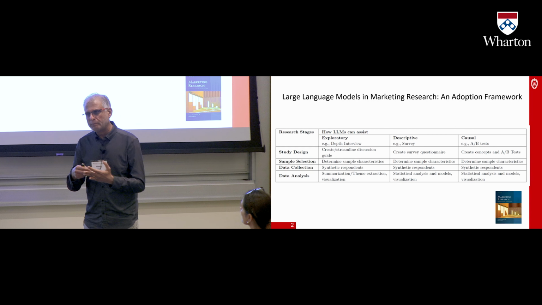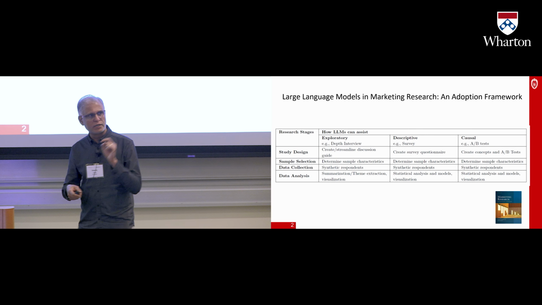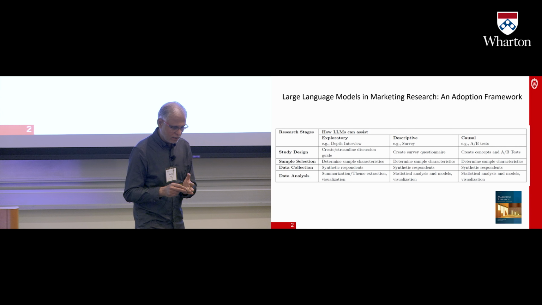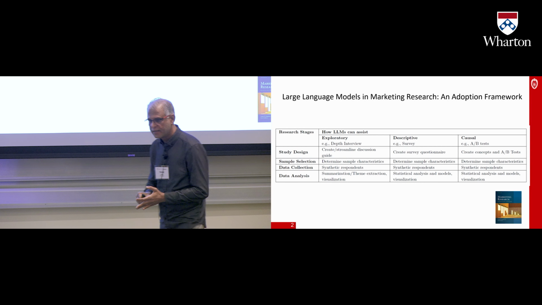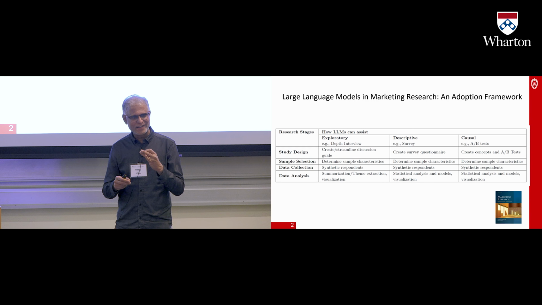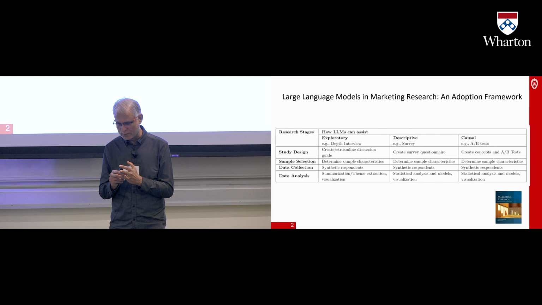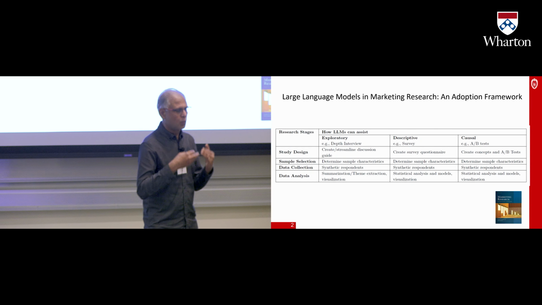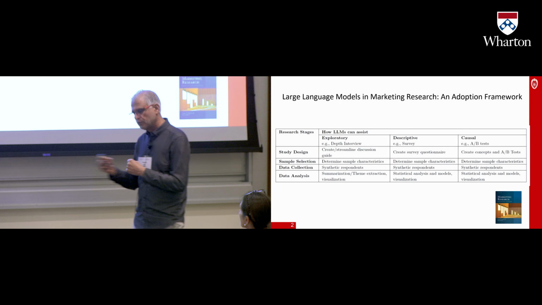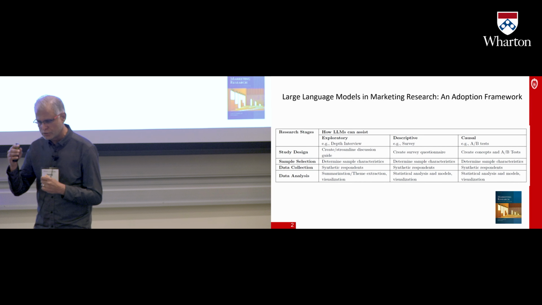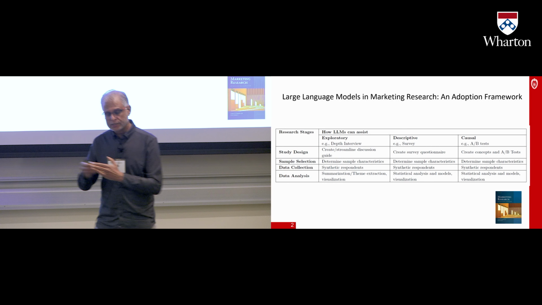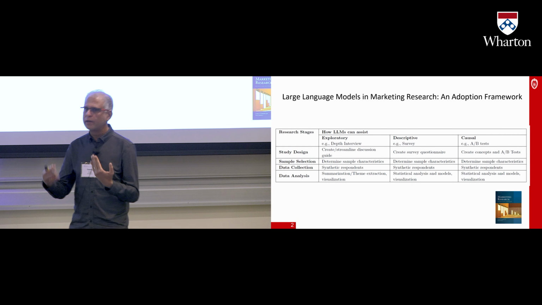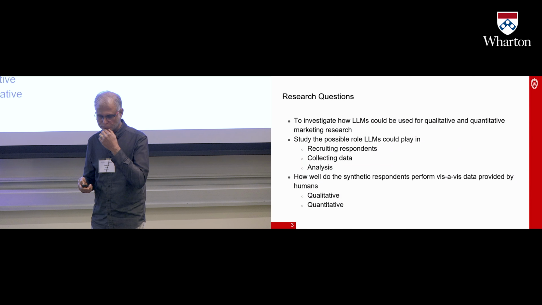Each of those stages is, I think, ripe for disruption. If you look at any traditional marketing research book, this happened to be one that I read as an MBA student, and it's now in its 12th edition, all books have this basic broad framework. What I'm going to try to convince you of today is that each of those stages within marketing research is about to be disrupted in the industry. It is already happening, and these textbooks are going to be rewritten to a great degree. So let's dive into this.